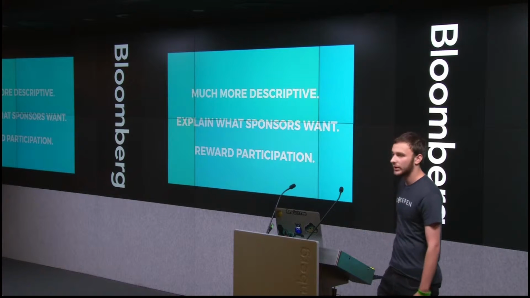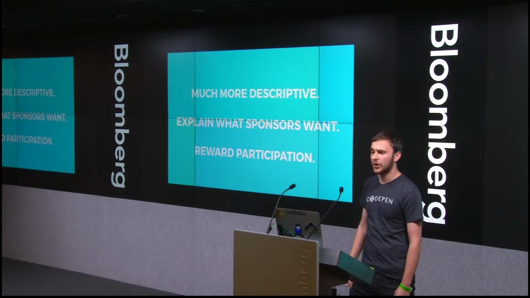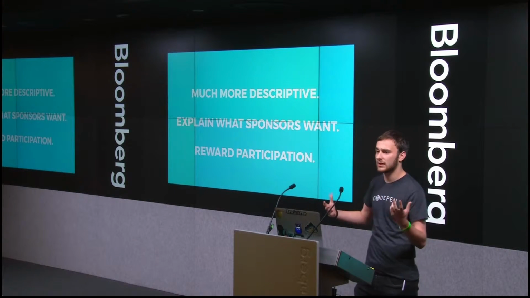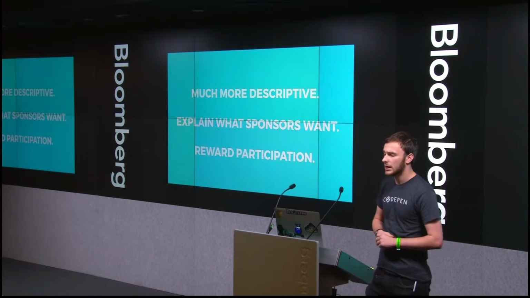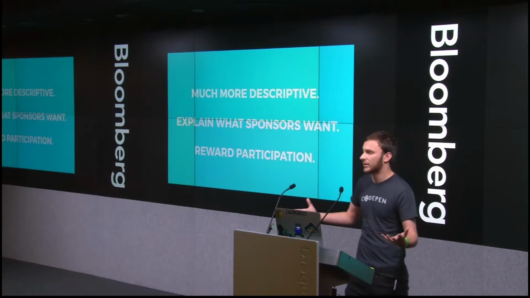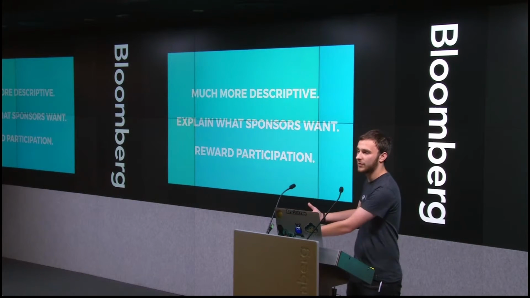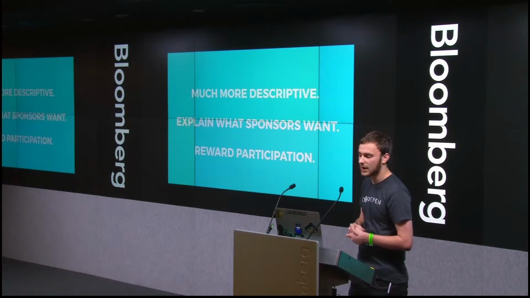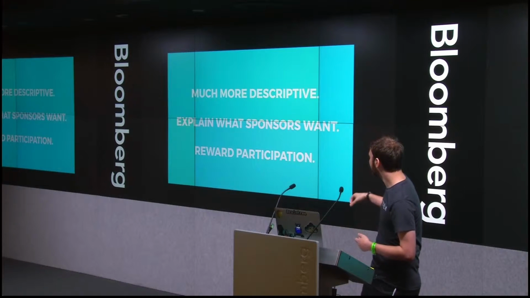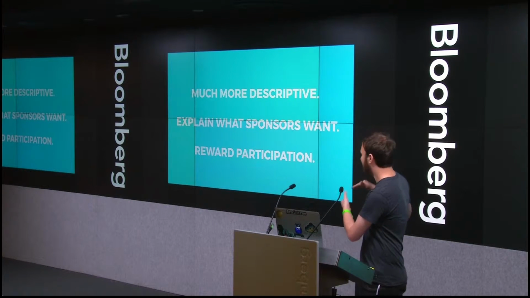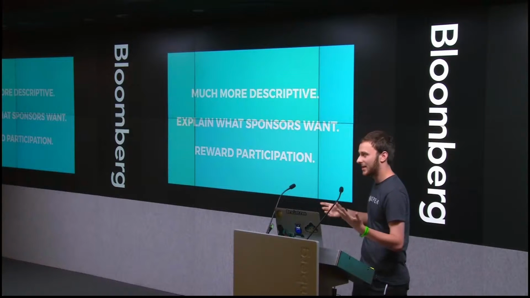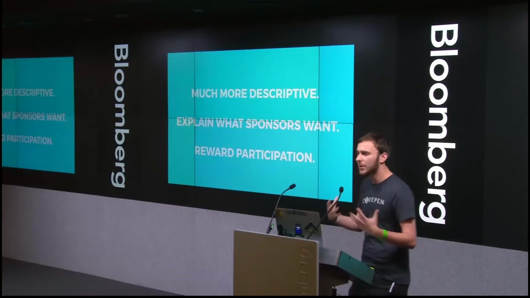It's kind of linked to the first point. Sometimes sponsors are just after some profile raising, and there isn't necessarily anything much more than that they want. Sometimes they're really struggling with something, and they would really love the opinion of other developers who aren't in there every day to see what they can build instead. And the third is probably one of the less popular points that I imagine will come out of it, but reward participation.